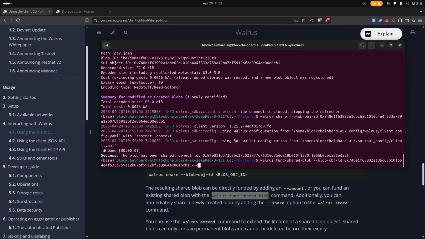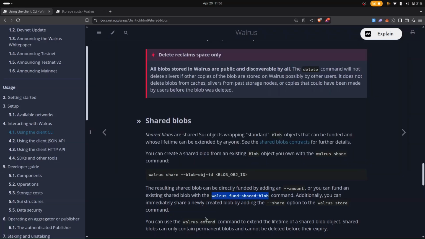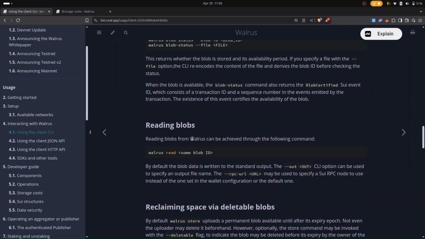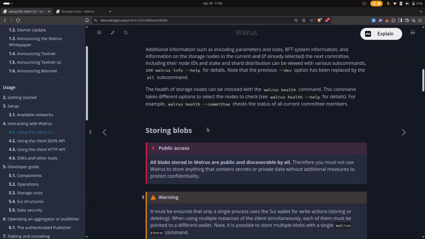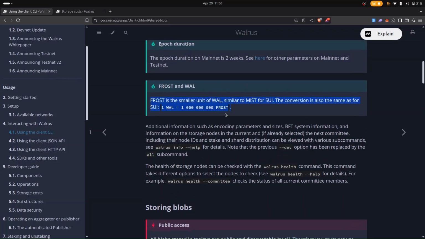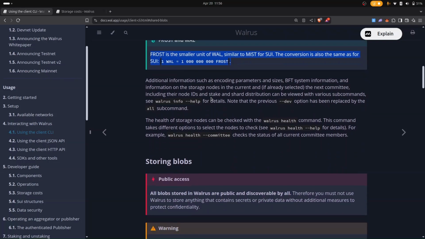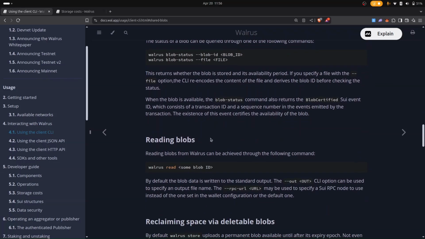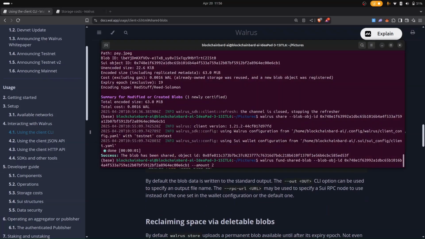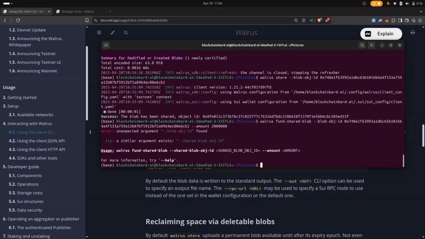Let's say I want to put about 0.021. Just like I told you before, if you come up here, you'll see something called FROST. So I'm going to specify the amount in FROST. To fund that, let me put about 2 million FROST. So if I run this command,